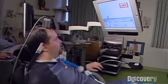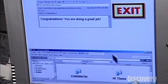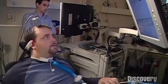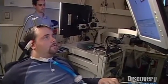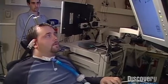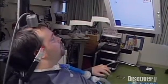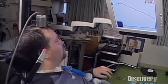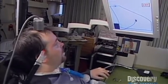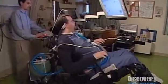Going to open the first email, which says congrats. It says you are doing a great job. But the second email, which states... Incredibly, within just a few days, he could move a cursor by thought alone. Next, I'm going to paint a circle. This circle was drawn simply by thinking. That's the best circle I can do. The next step for Matthew is to control an entire arm or hand again. But before